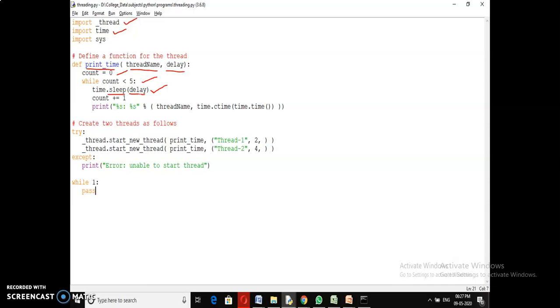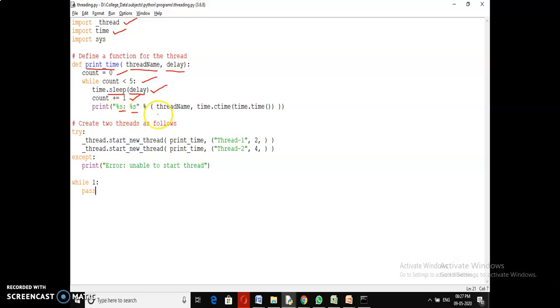After that particular delay time, our execution continues. If you give 5 seconds, the execution temporarily stops and re-executes after 5 seconds. And count is incremented by 1, and we display the values of the thread name and time.